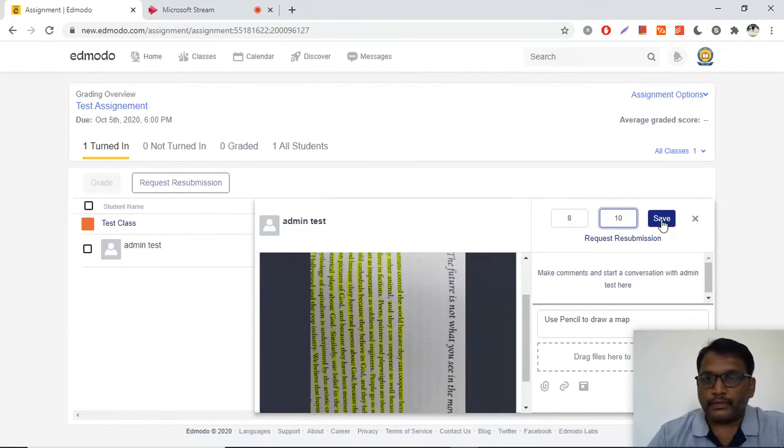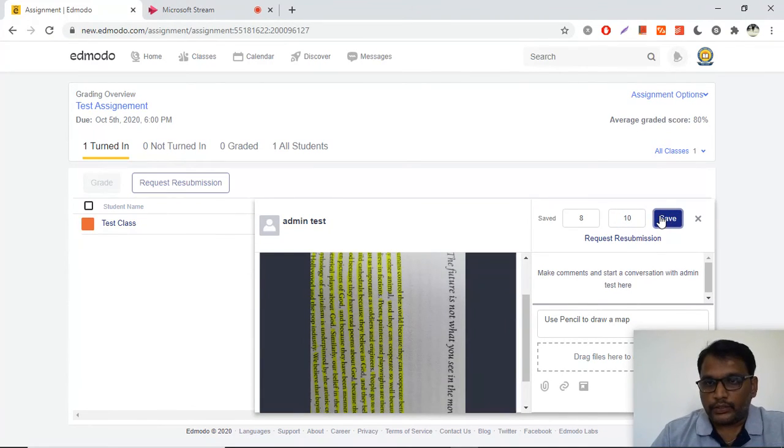But for the time being, I'm just giving 10 points for each assignment for that student. So I'm saving that. This comment and grade can be seen by that student, and it will be added to the grade book as well.